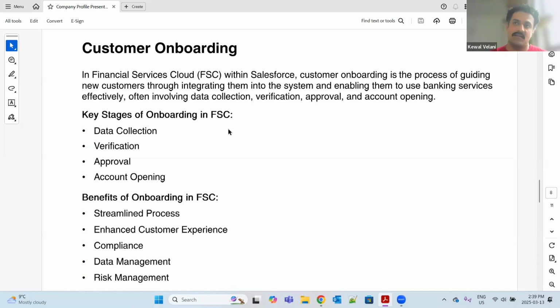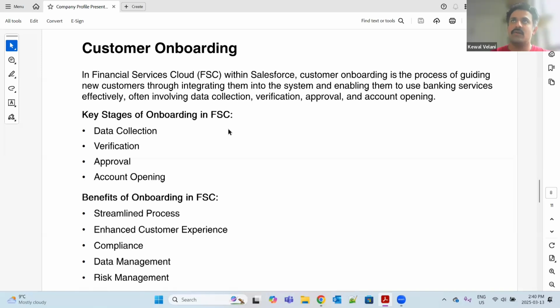So we have to do the customer onboarding, where we have to collect some information from the customer. Then we have to do some kind of verification, and we have to provide the documentation and the signature. All this information can be handled in the Financial Service Cloud with or without Omni